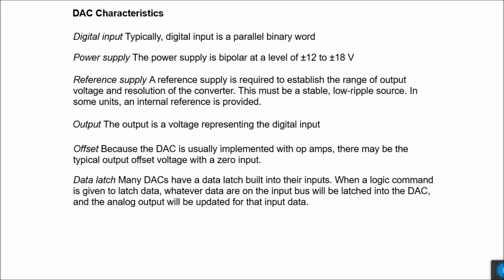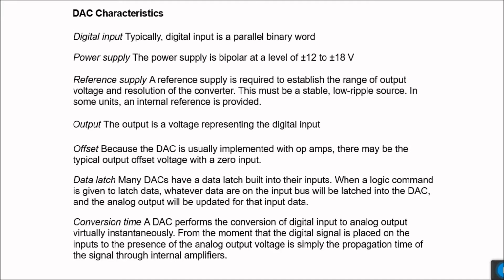There can be an offset in the DAC output because the DAC is usually implemented using op amps, and in the op amps portion we already discussed that there can be a problem of offset. In case of op amps we used to give a counter offset at the inputs to adjust that offset in the output, and similarly in case of DACs there are some separate inputs provided to adjust that offset and to make that zero adjustment to remove that zero error.